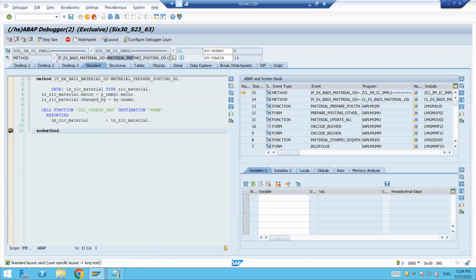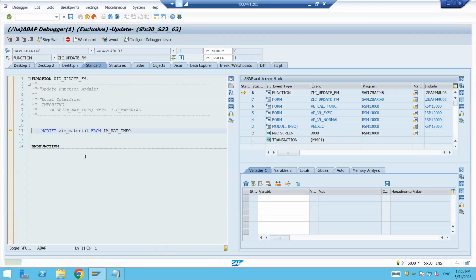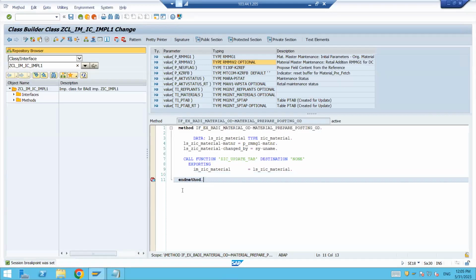So it's calling this material prepare posting OD, right? And now it's fine. Okay, fine. So now my data looks good, and now I will be able to show you what I'm actually willing to show. Come over here, slash mm01 once again,